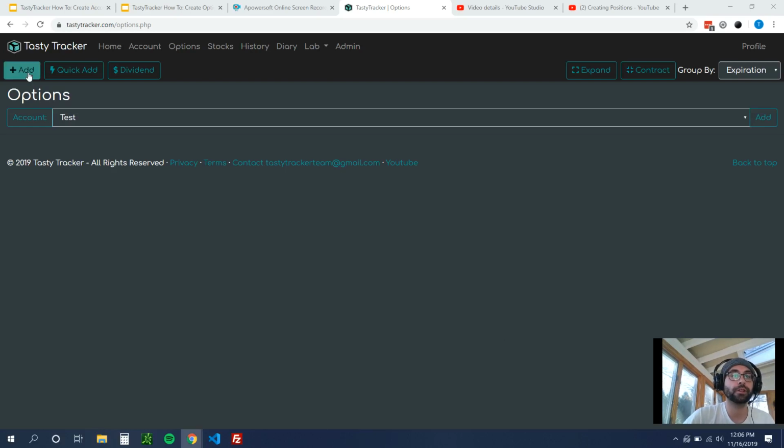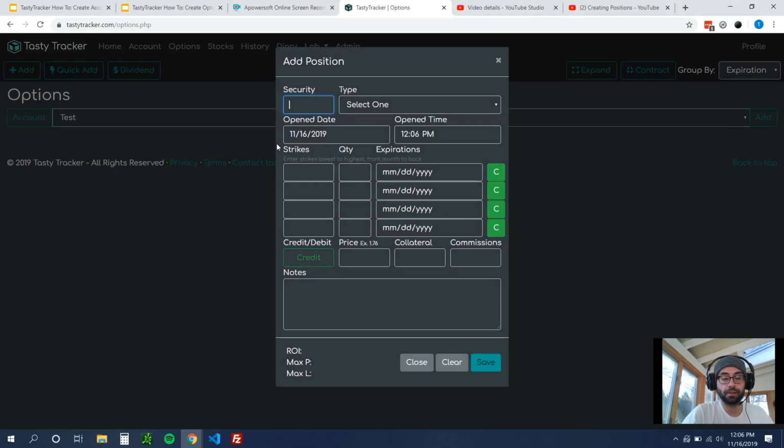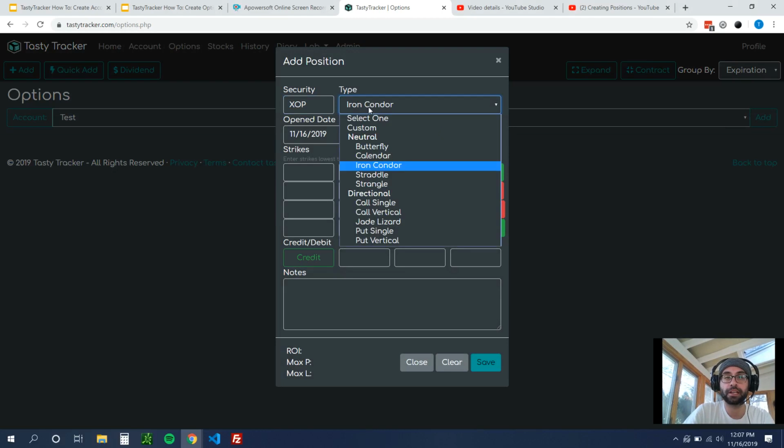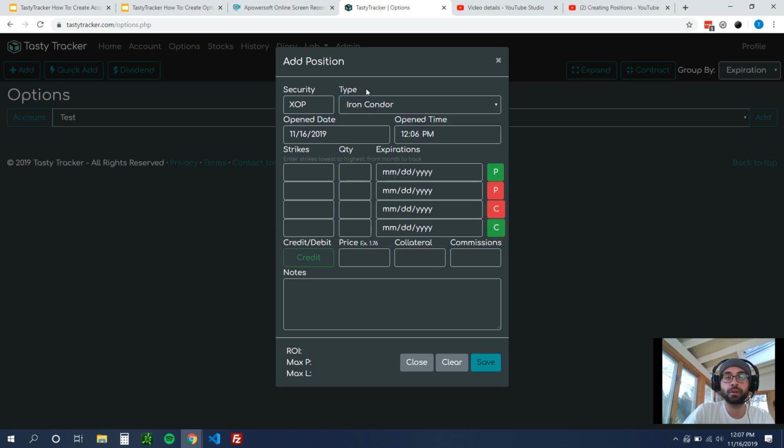So first you click Add over here, then you can start adding your position. So let's say this position was in XOP. I type that, hit Tab. I can type I, and it will automatically select Iron Condor. Of course, you can choose one manually. I have Custom here, and then I have a bunch of neutral choices and directional choices, but we'll leave that